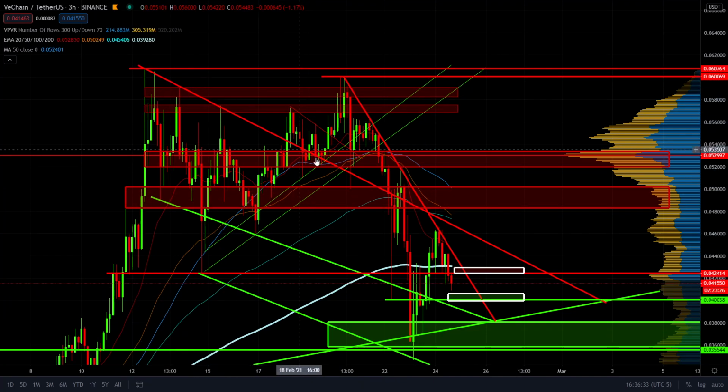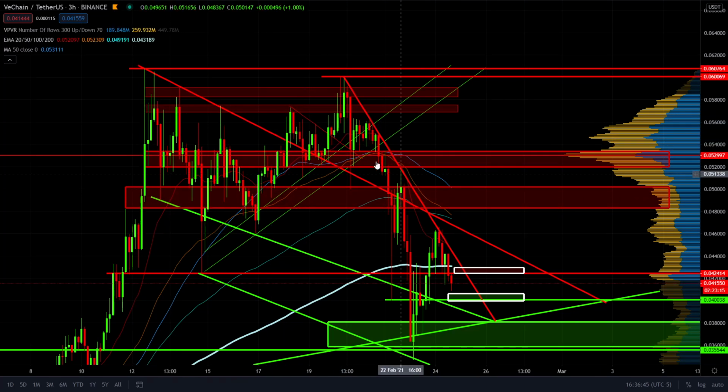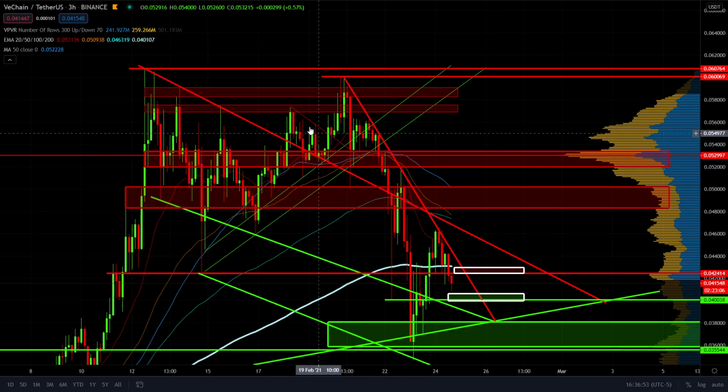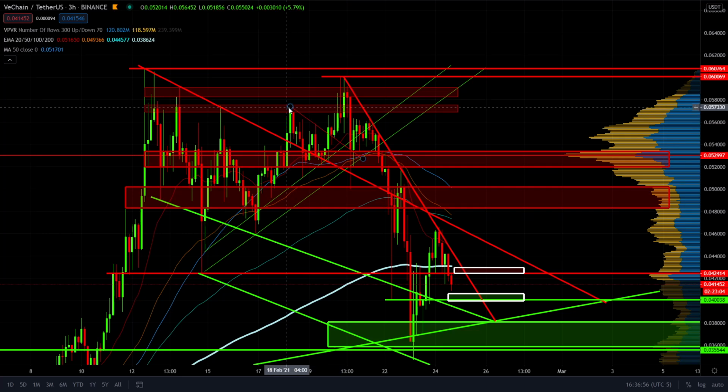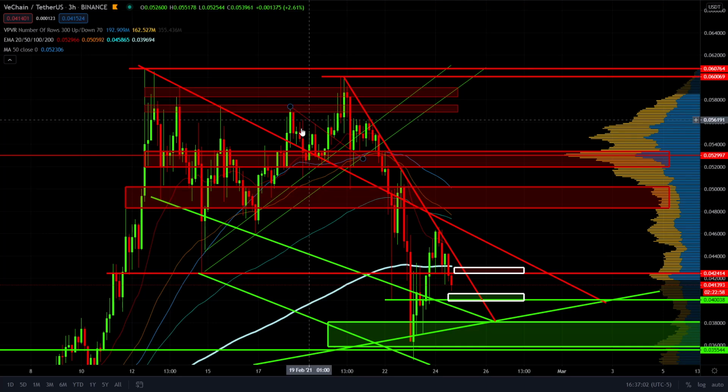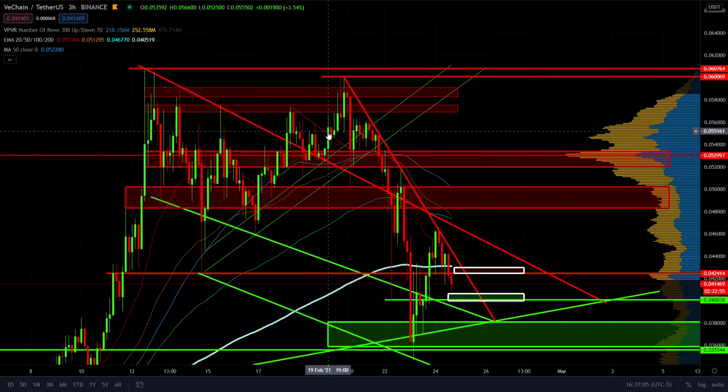Once we were in this downward moving channel and we broke out bullishly above this red resistance line, one could consider that a bullish breakout. Once we broke out bullishly out of this channel, we started trending here, moving above the breakout point. So I drew another resistance line here based off these two peaks where we were reacting. Once we broke above this resistance line from the initial breakout, that confirmed bullish continuation of the original breakout. If one were interested in trading, one could have placed a long here if you were paying attention,